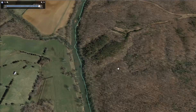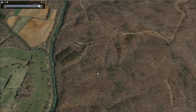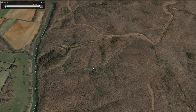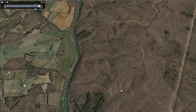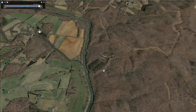So basically, I'm sorry I couldn't really pinpoint some areas to put some stands. If I was going to pinpoint some, it would be them areas there. I really can't because it's a pretty large wooded area with not a lot of funnels. But if I was going to just go in and hunt blind,